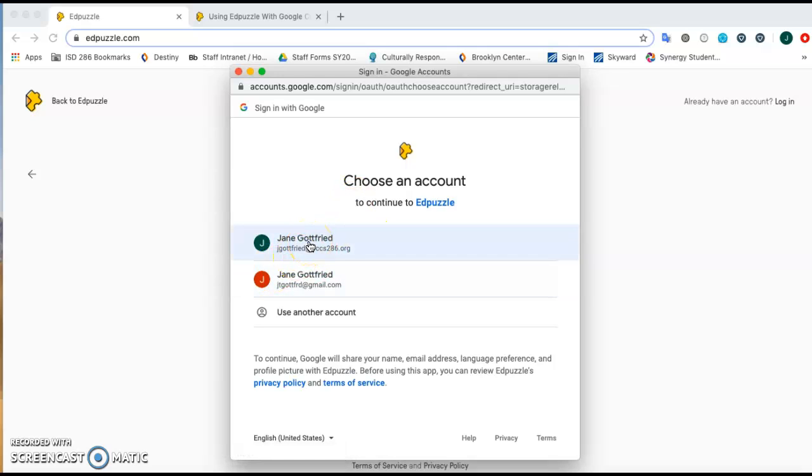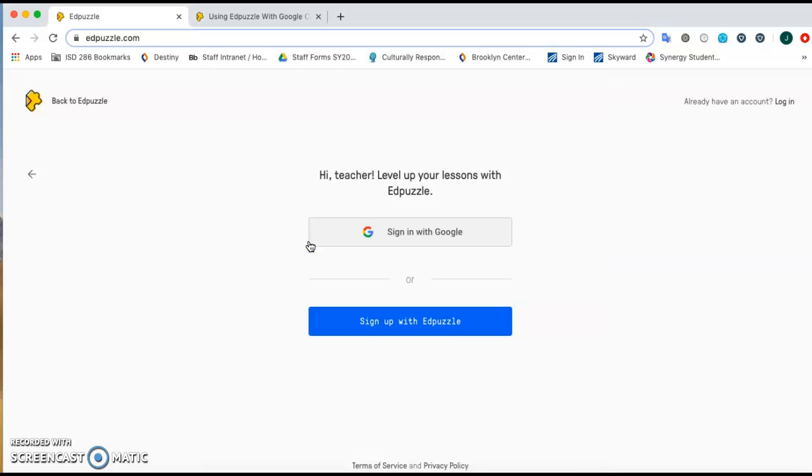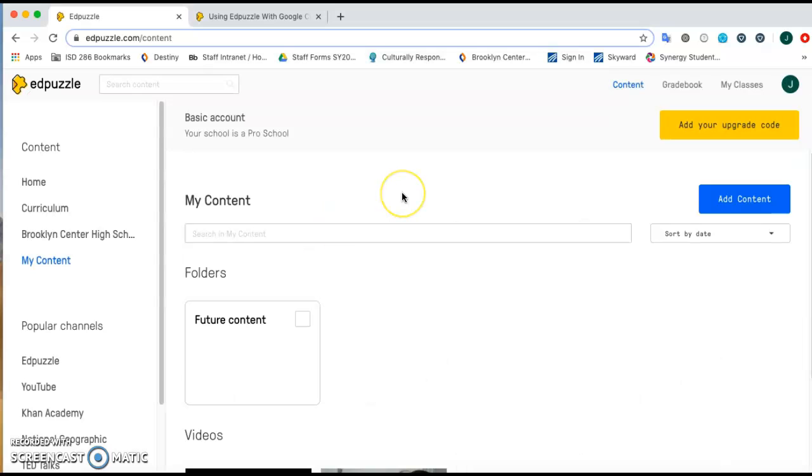I'm going to click on my school Gmail account. Now it took me right to my page. If you are signing up for the first time, you're going to have some extra steps. It's going to ask you some information about yourself. It's going to ask for your school, and you just start typing in your school name and it should pop